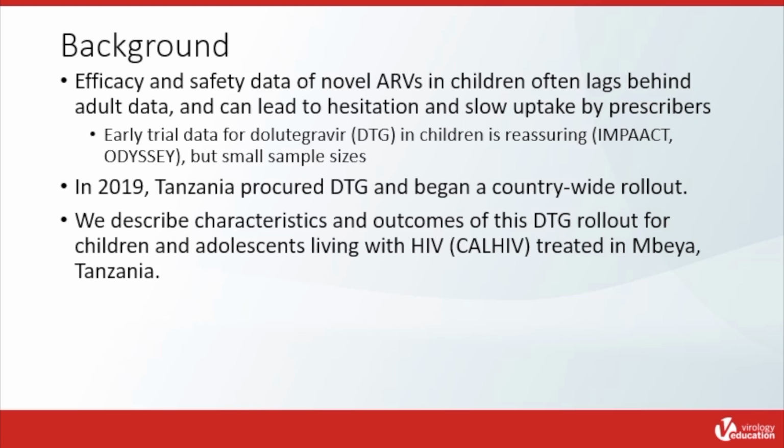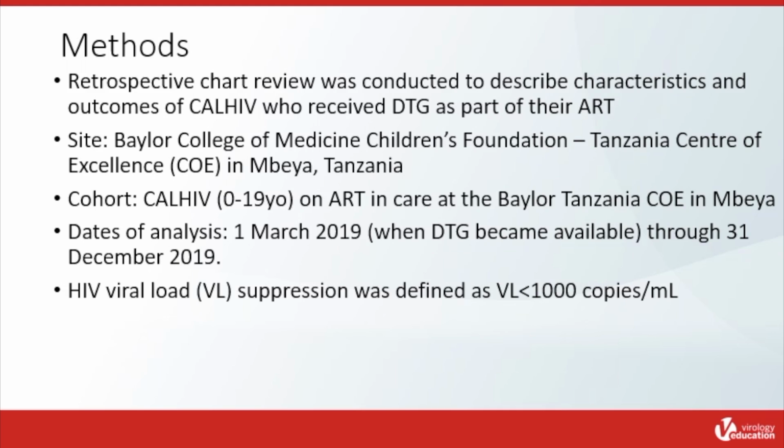clinic in Mbeya, Tanzania. The methodology we used: we did a retrospective chart review to describe these characteristics and outcomes of children who were prescribed and given DTG as part of their ARV regimen. The site, again, was the Baylor College of Medicine Children's Foundation Tanzania Center of Excellence in Mbeya, Tanzania, which is